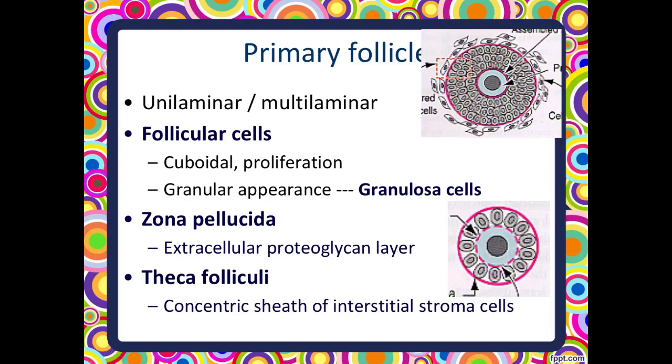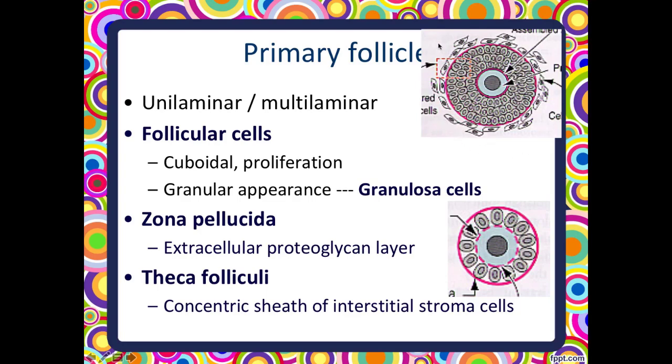That means that they are not arranged in one layer, but they are arranged in many layers surrounding the oocyte. So that's the reason why this follicle is multilaminar and this is unilaminar. Again, granulosa cells have the Slavjansky membrane. It's a basal membrane, and the surrounding stroma